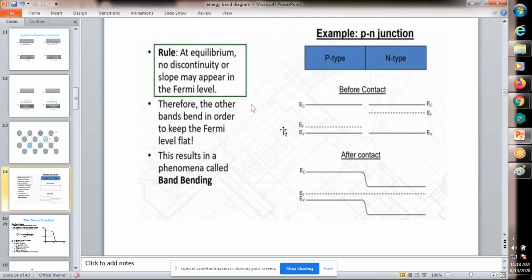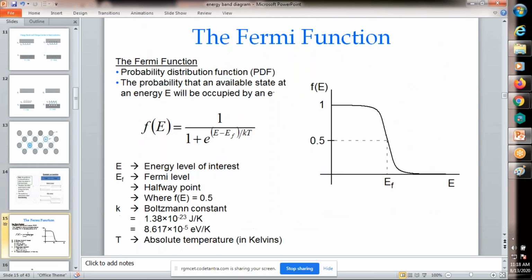What is meant by the Fermi level? Here it is a probability statistic. Fermi is a scientist's name, right? He derived a probability of the availability of energy states to find electrons. We are not going into detail about Fermi-Dirac functions, just briefly for your idea, I am giving it here. This is the Fermi function.